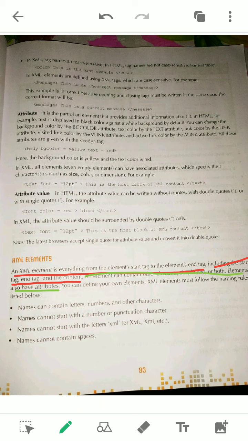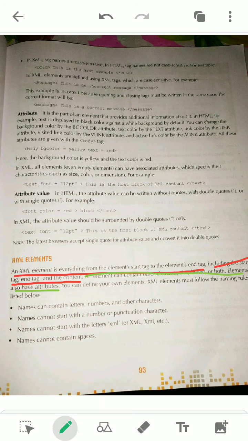Now what are the rules to write an element, the naming rules? As we have seen, all XML elements must be user defined. So how can a user give an element name, meaning a tag name? Here the element naming rules simply say how you should write your tag name, what should be used and what should not be used, as we have in JavaScript the variable naming rules. So similarly here also, most things are similar.